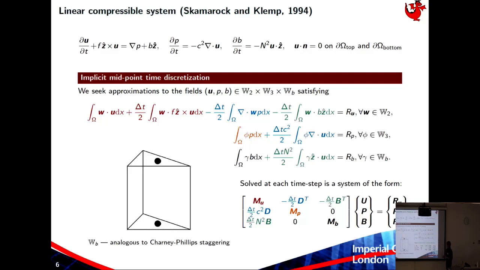So instead, they'll use what is called a Charney-Phillips staggering, where your buoyancy terms, your thermodynamic variables, are collocated with the vertical components of your velocity. So this gives you this funny element here, which is horizontally discontinuous, but vertically continuous. The real takeaway message here is you end up with this 3x3 linear system that you need to solve at